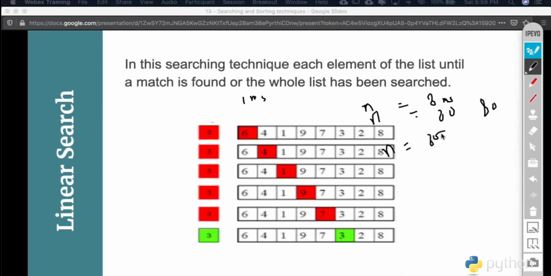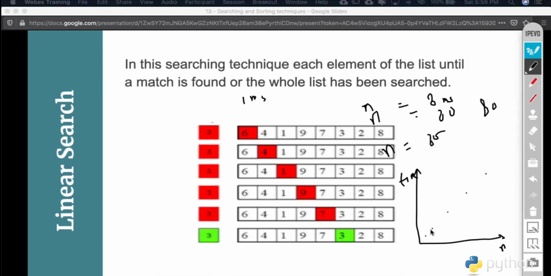So if I take the input size n, and the time taken by the algorithm to return the result: in case of 1, it is taking 1. In case of 2, it is taking 2. In case of 8, it is taking 8. In case of 80, it is taking 80. In case of 800, it is taking 800.